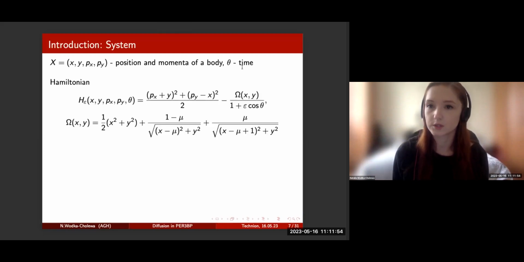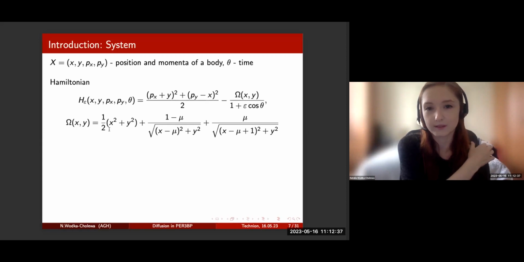So we have the Hamiltonian for this system. It's rather complicated, but it's really physical. So from the physics, you can take it, and it's just the formula, and it works. So you have the H epsilon. So I'm talking about the Hamiltonian for the perturbed system, for the system that is elliptical. So it depends on the position and momenta, and of course on the time. So you have the time in the denominator. You see the cosine theta with the perturbation. So here's the perturbation. It's somewhere there, and this beautiful long